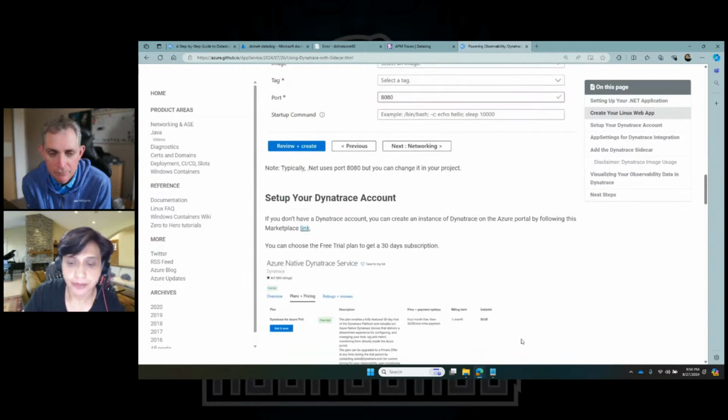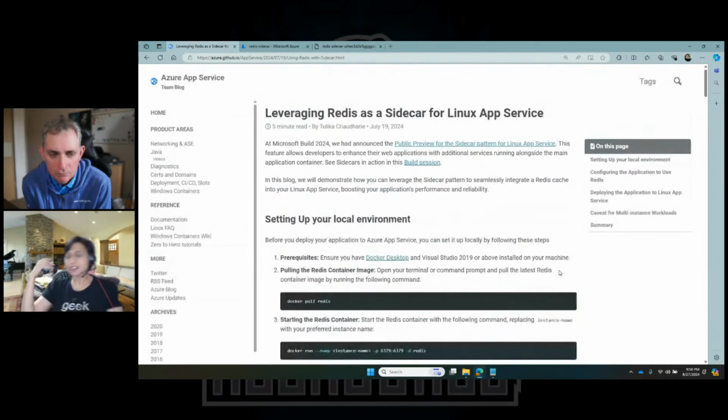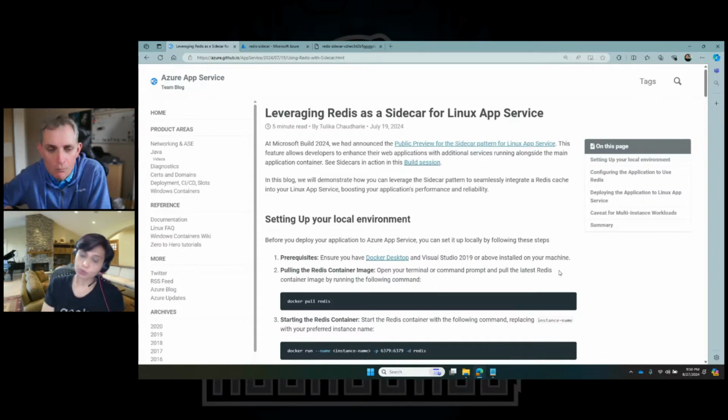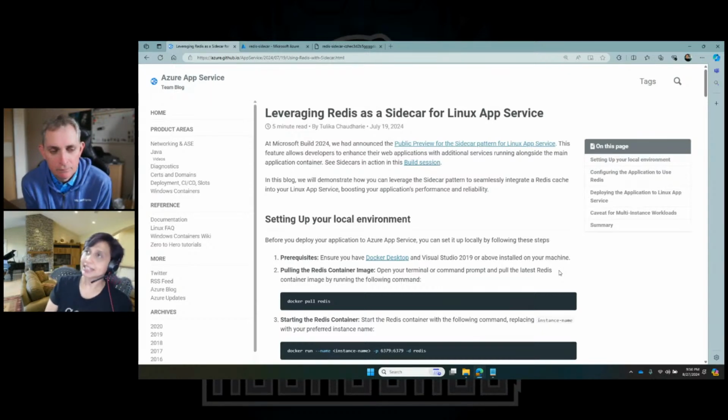Very cool. Okay, so moving on to the third demo that I have lined up. And this one was one of the things that we've been doing, and I know I spoke to you about this, Greg, at one point. We're trying to see what are the scenarios that we have for having sidecars. So we are exploring the scenarios and trying to come up with more examples of what you can do, because what we have enabled with sidecar, if you will, is more or less the platform which allows you to build sidecars. But the real power of the platform comes when you have the scenarios which work for it.